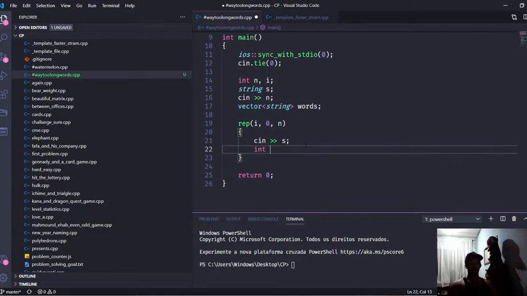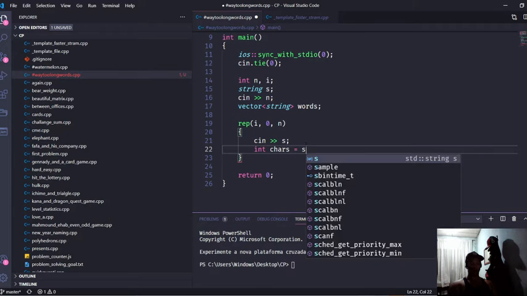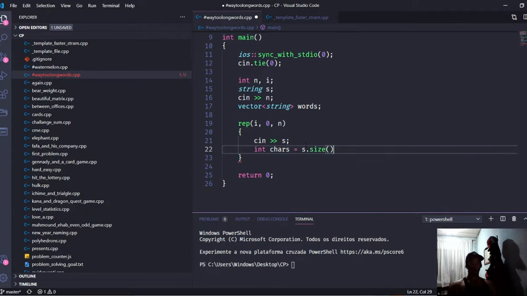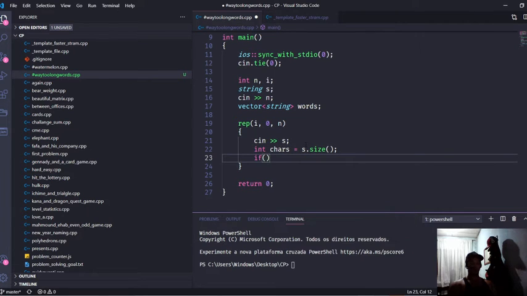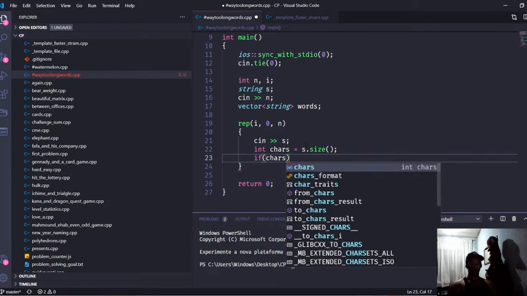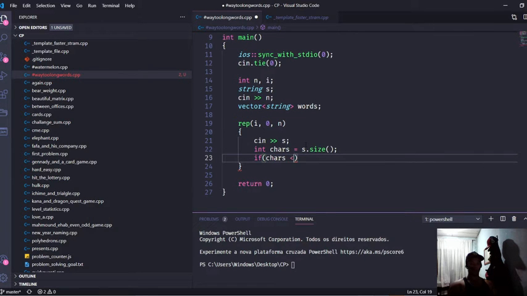So, create an integer count, chars, quantity of chars. They're going to be s dot size. If chars are less than 10,